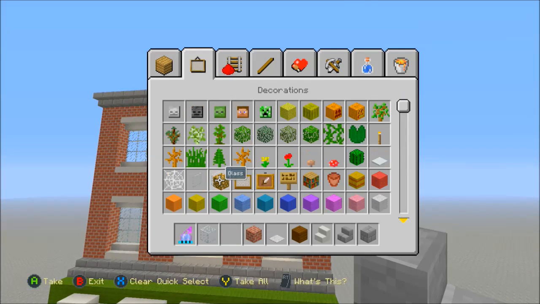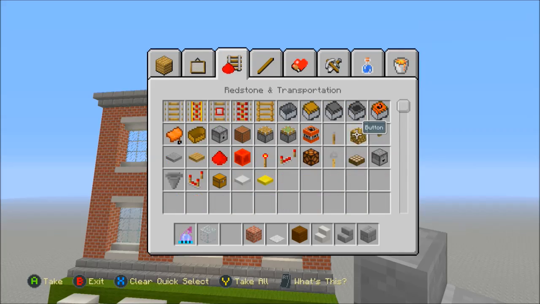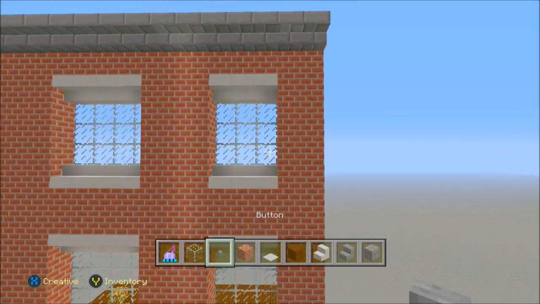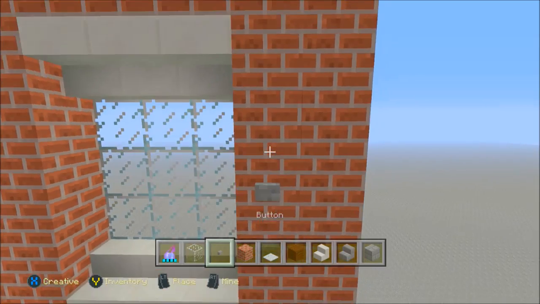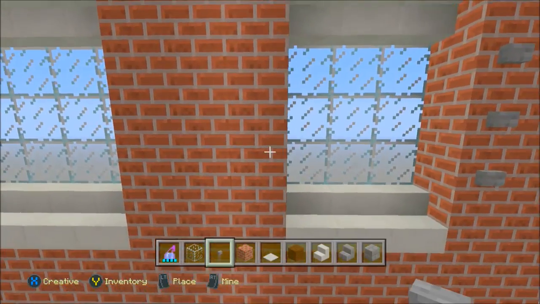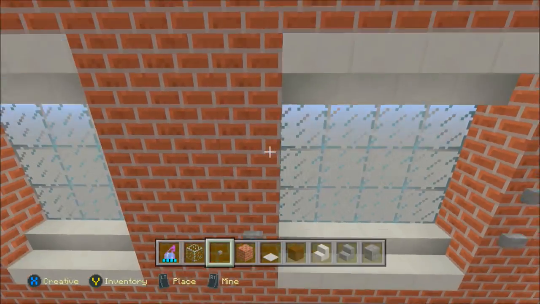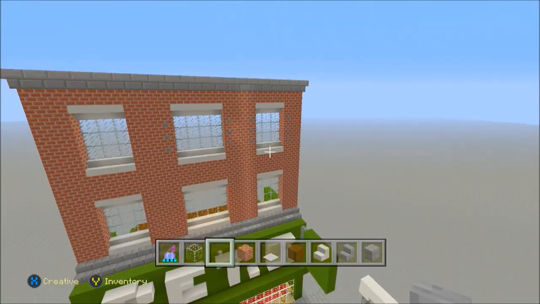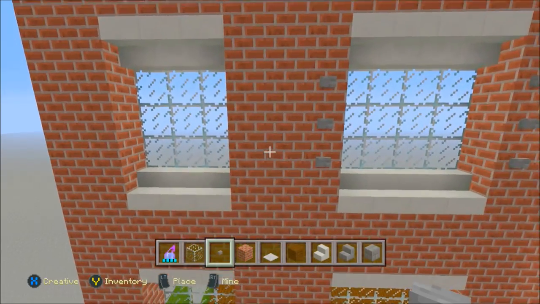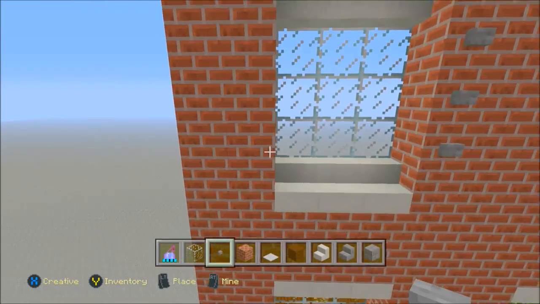And what you can also add for depth, what I see a lot of people build, is they just add buttons in random places. So we can just add some at the side here, I think. It looks okay, but does it look okay? Let's see how it looks. Yeah, I mean it looks a little bit better. So yeah, let's do that.